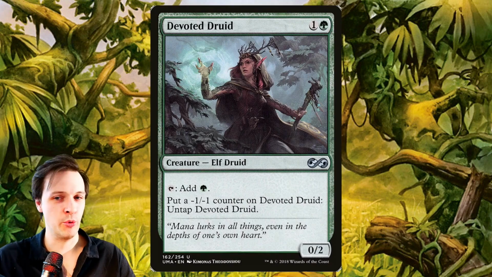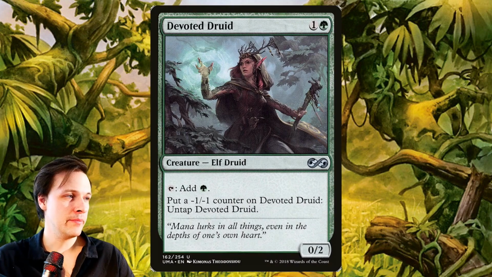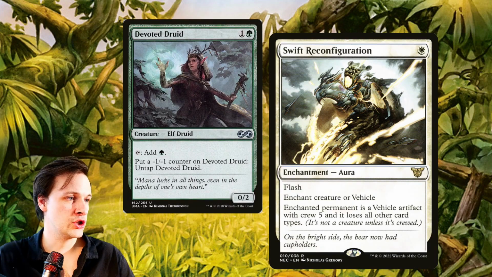This is Devoted Druid, also an elf. 2 mana, 0/2 Elf Druid taps for 1 green mana. Put that -1/-1 counter on Devoted Druid, untap it. Nice. Now there's this aura, enchantment, 1 white mana only, Swift Reconfiguration, flash, enchanted creature or vehicle, so it can